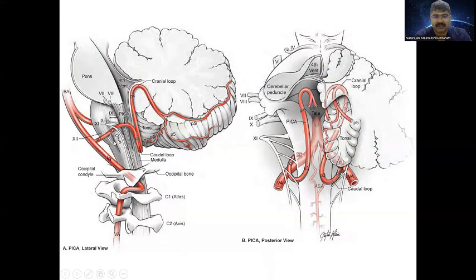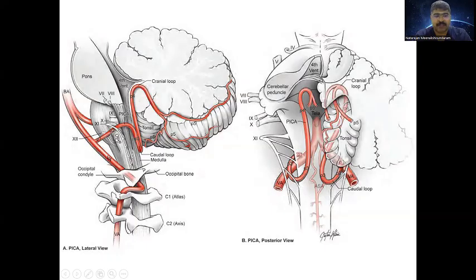Repeat, there are 5 segments. The first segment extends from the origin of the PICA from the vertebral artery, which lies anterior to the medulla. Hence, it is called the anterior medullary segment, and it extends up to the medial border of the olive. The P2 segment, that is the medial border of the olive, is the site of origin of the 12th nerve,